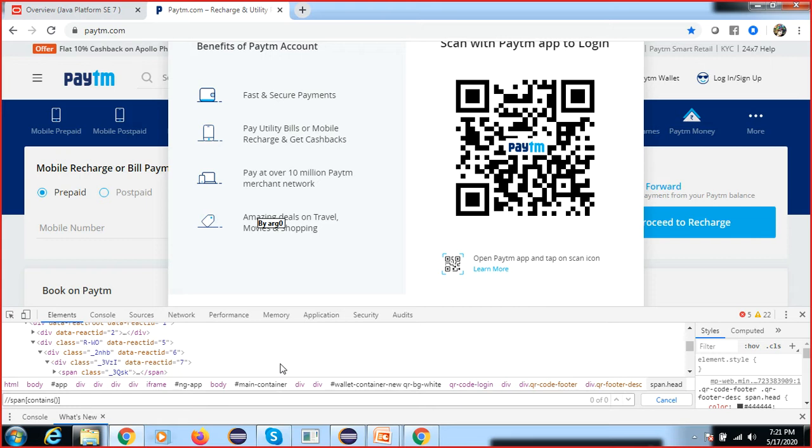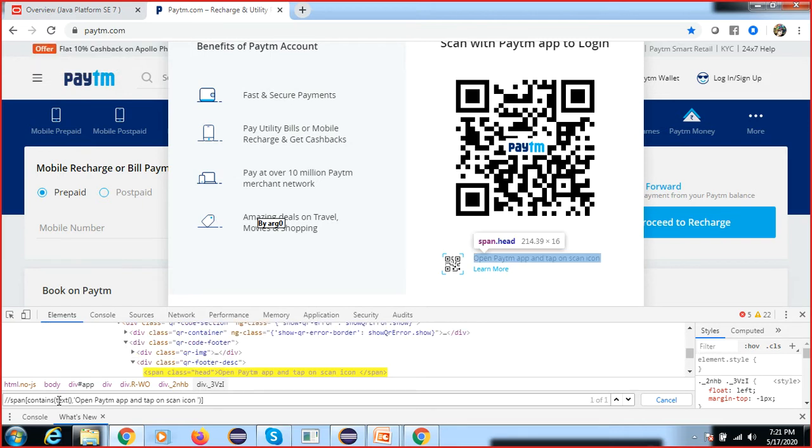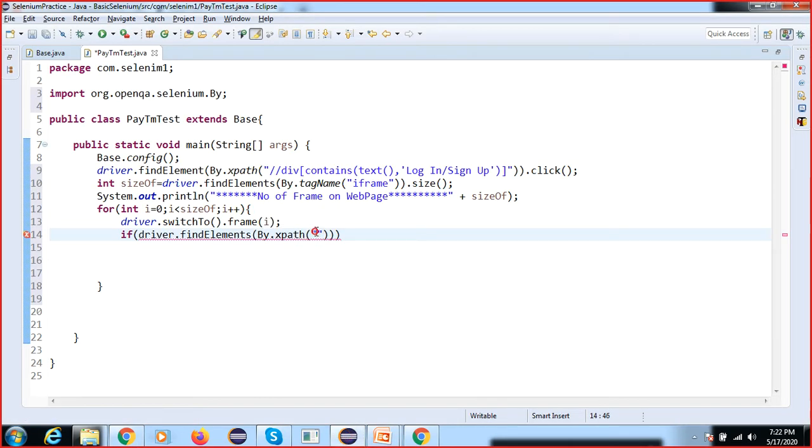I will use part of the string, because it is a very lengthy string. It will work, no problem. So this is your contains function. It is working, right? So our XPath has a shorter length.